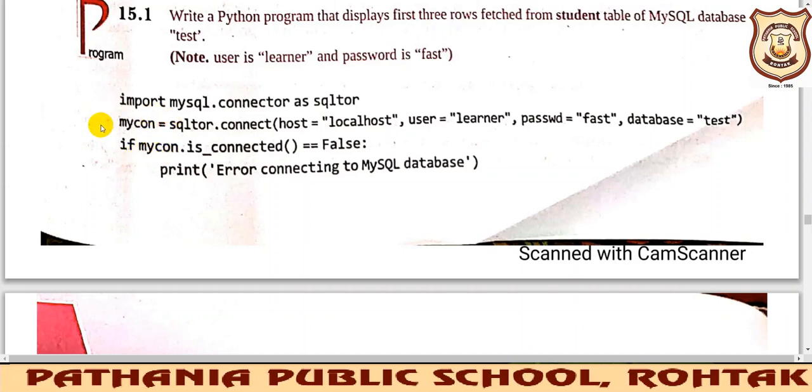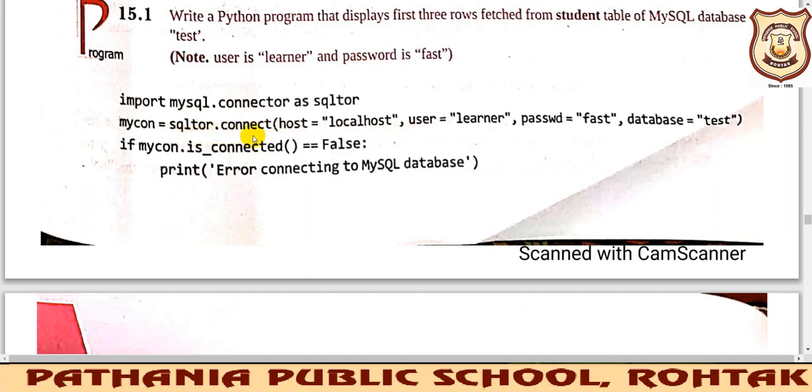See, this is a connection object that is indicating to us whether the connection has been connected okay or not. This connection of MySQL is okay or not, meaning the connection has been done or not.